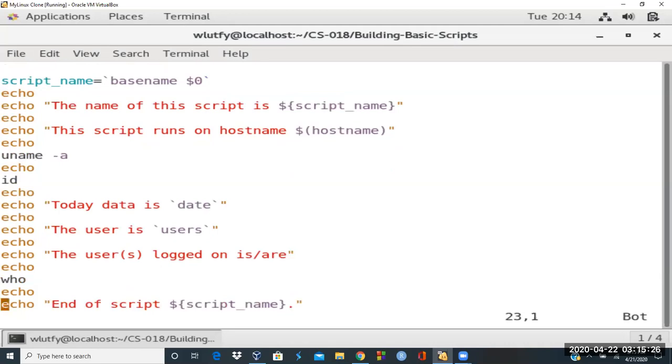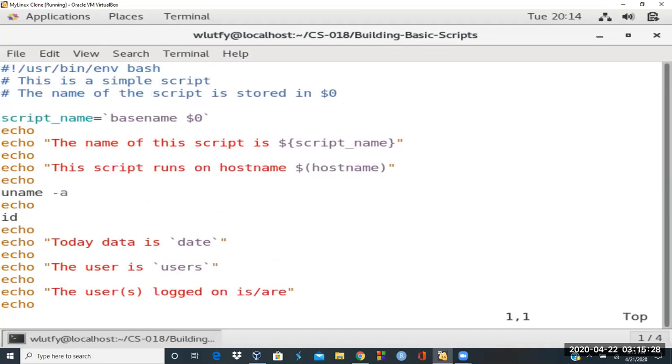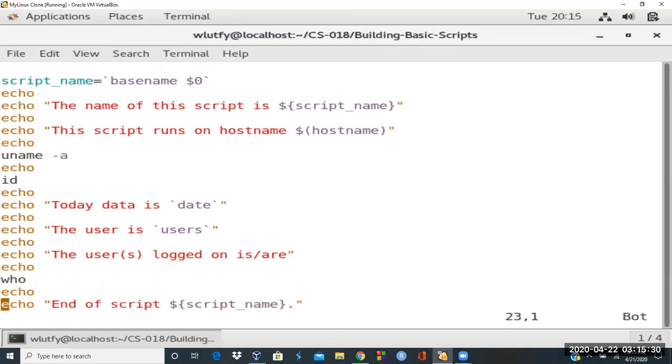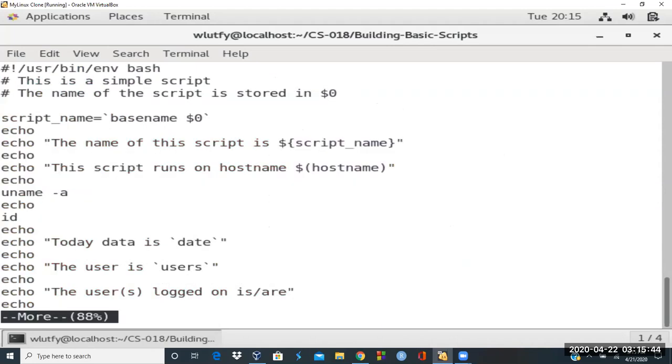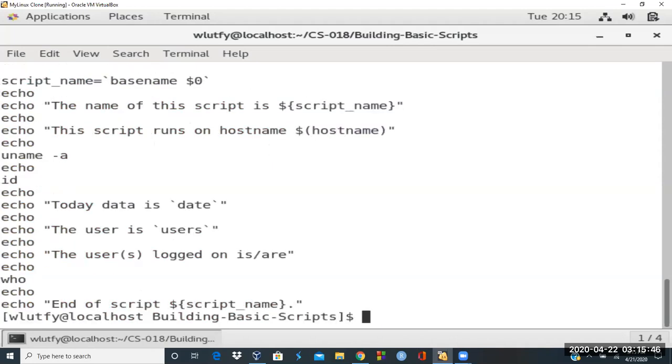Okay, this one is doing env, or the users are both. Maybe I'm modifying the wrong command. Let me see. more s1_env.sh. Okay, I'll just modify this one,